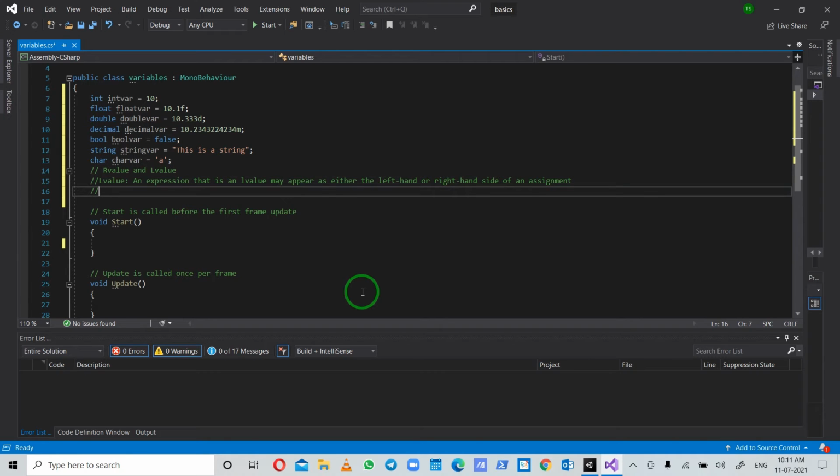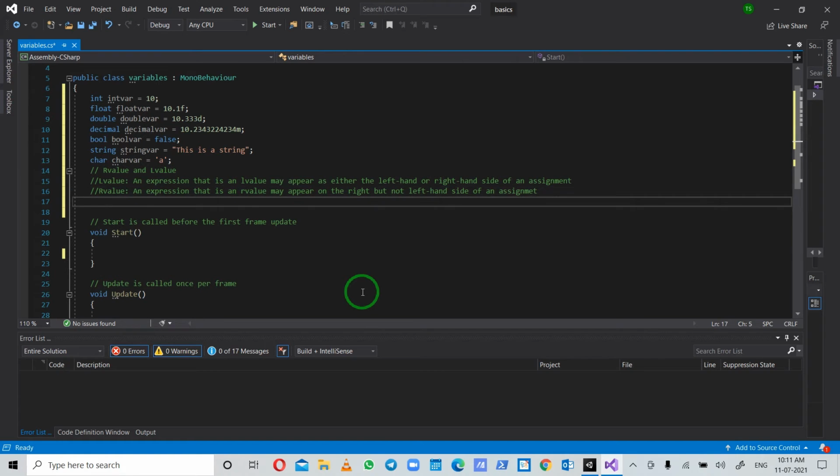And now an R value may appear on the right but not the left hand side of an assignment.